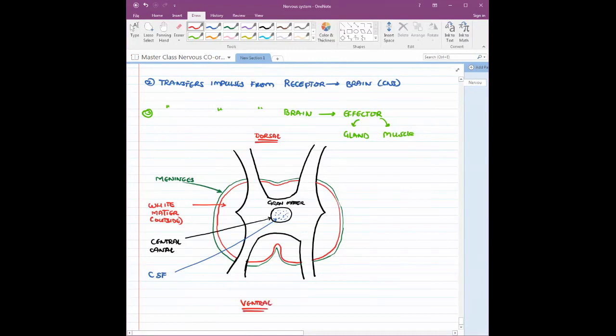So dorsal and ventral. Now, guys, the first thing you will see is here on the dorsal side, there is a groove kind of a thing, right? But this groove is really small. It is very shallow. But if you look at this groove over here, this is going to be really deep. So what are these grooves called? Let's see. First, this groove, because it is on the back side, dorsal side, this is,